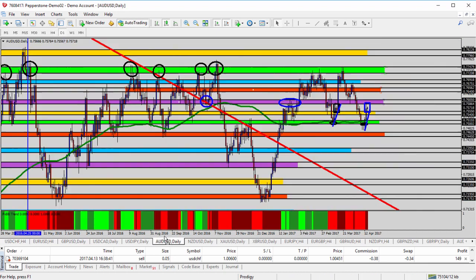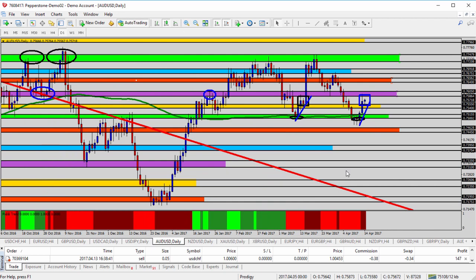Let's move on over to the AUDUSD. Here on the daily time frame, I'm going to zoom in one more time. We were observing yesterday during the trade room some patterns, a similar pattern that we've seen before, and so we're looking to maybe take advantage of that similar pattern. Of course, with the sell-off of the US dollar and some positive news out of Australia, we saw this currency pair go up the other day. Yesterday specifically, we saw it go up with, again, a sell-off of the US dollar and positive news out of Australia,